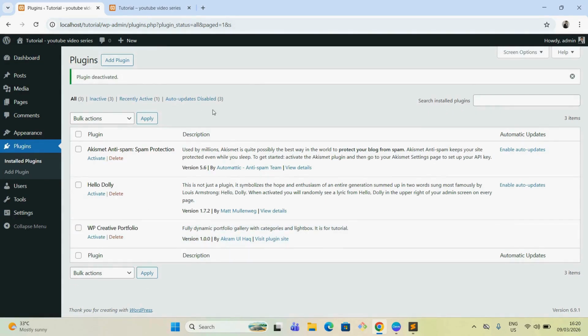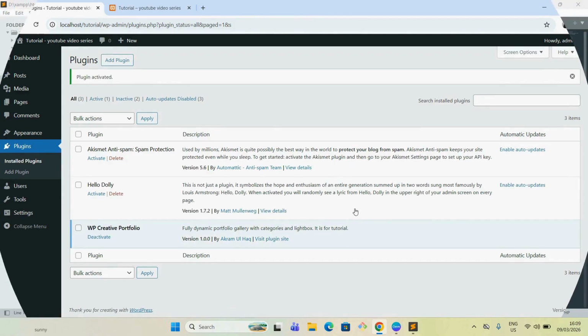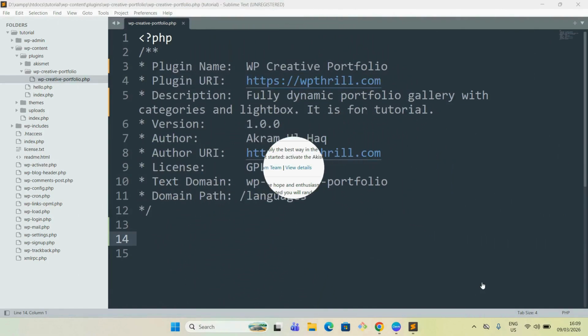Okay, so far we didn't get any issues during activation or deactivation, but once we do those things in future, we will see how plugin conflicts occur and how we will manage those. But in this very simple guide, we just have to activate our plugin so we can proceed to the next stage. So our plugin is being activated again. Okay, so now